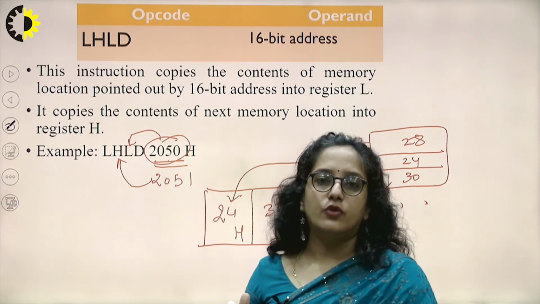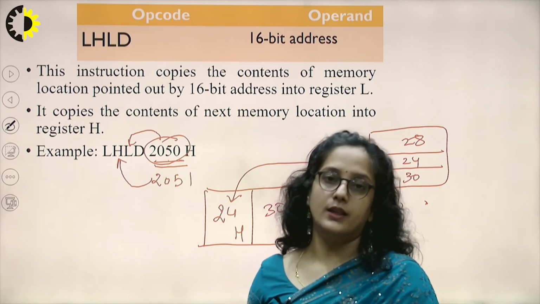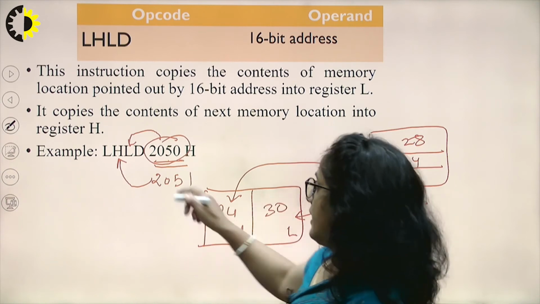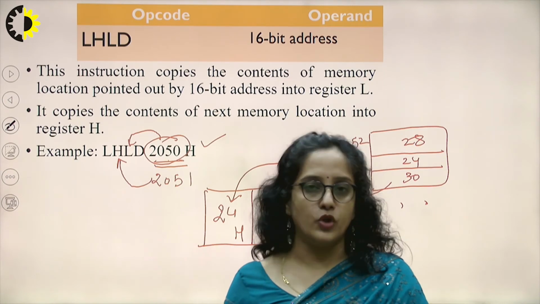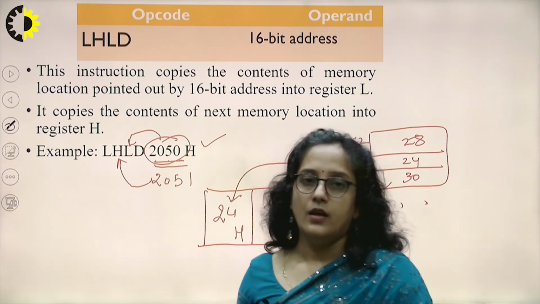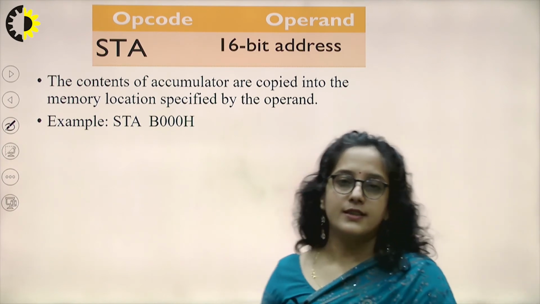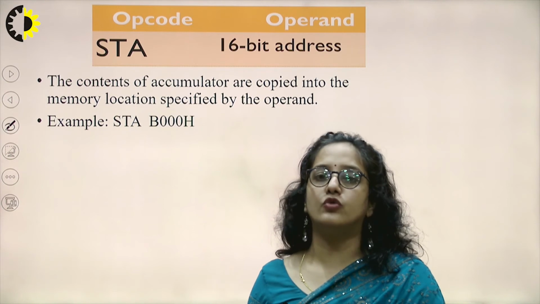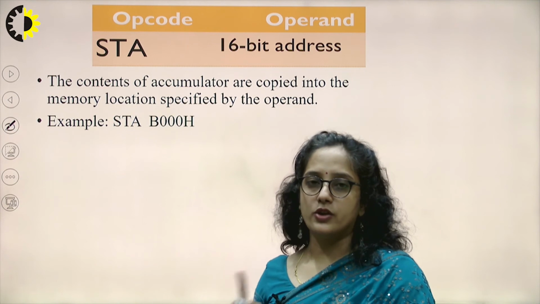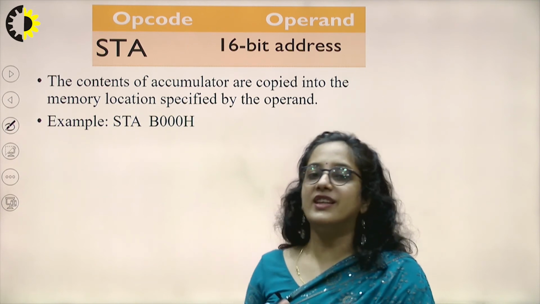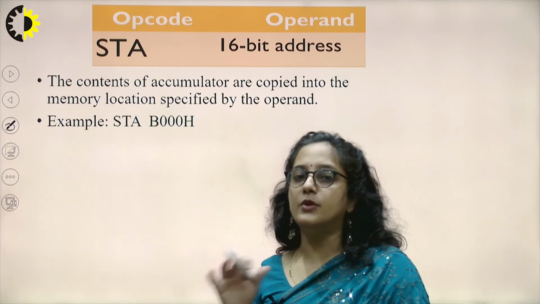Like if we have to go for addition of 16-bit numbers, then in that case we have to load the number in the HL pair, and we can use this instruction whenever we have to read 16-bit data from a particular memory location. Next is STA. Like we have discussed LDA 2000 or LDA 3000, that is load the content from a particular memory location to the accumulator. Now we have to go with the reverse operation, that we have to store our accumulator content to a particular memory location.